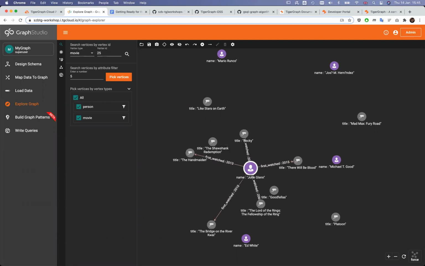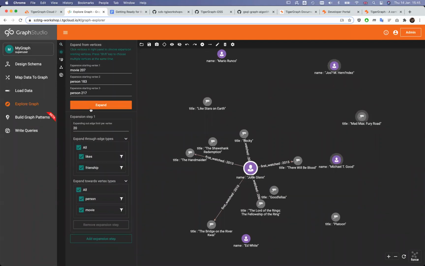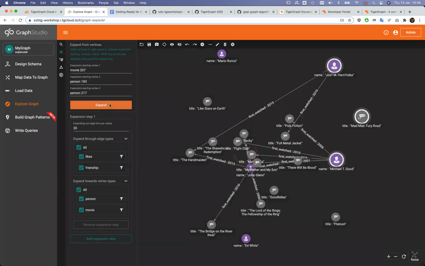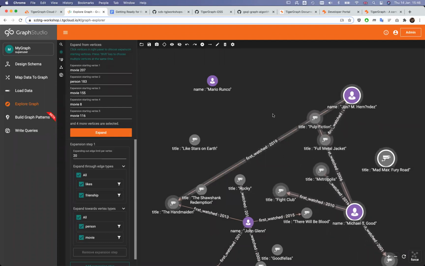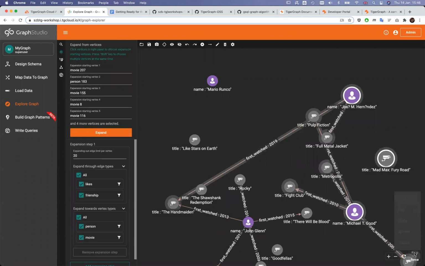You can also expand hops from the current selection, which is signified by this gray outline around them. So I select these 3 vertices. And by clicking on this expand button, I can expand my selection. I can say that I want to expand to certain edge types or certain vertex types only. At this time, I just would like to see everything expanded. And here you go. You can immediately see the people and their likes. Let's arrange it a little bit nicer.